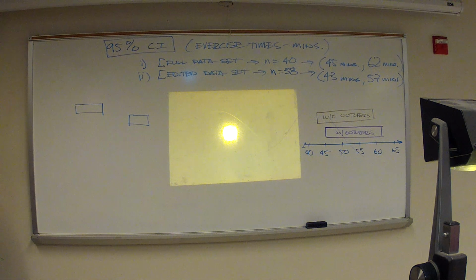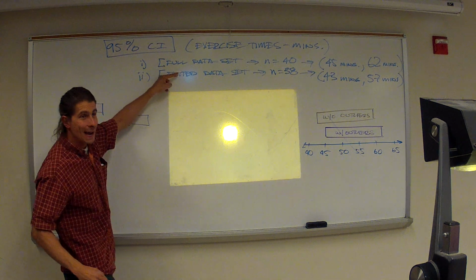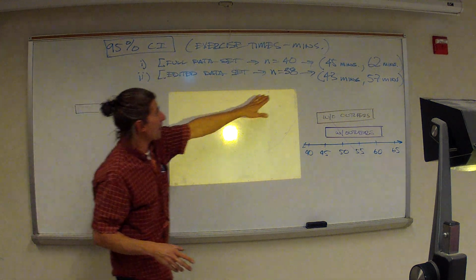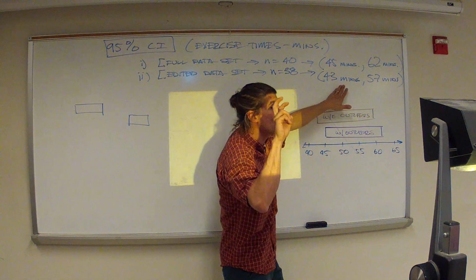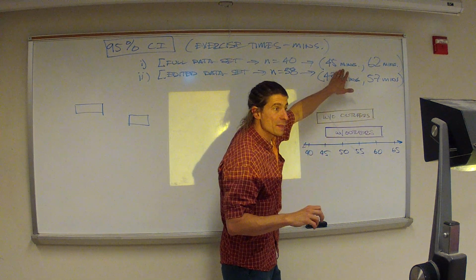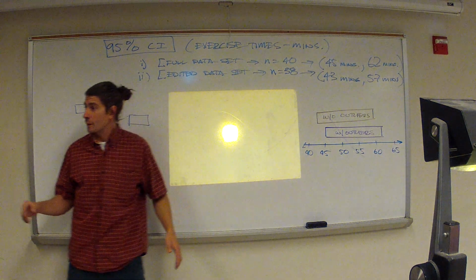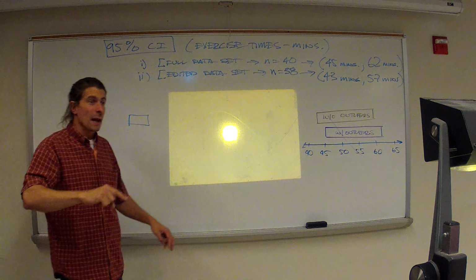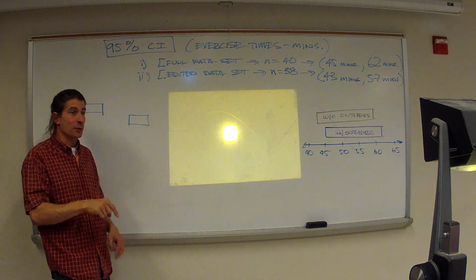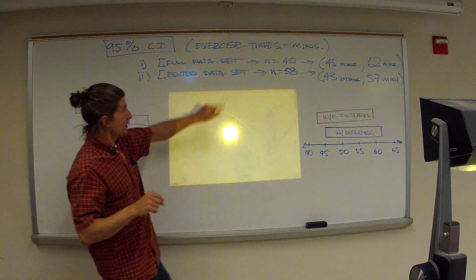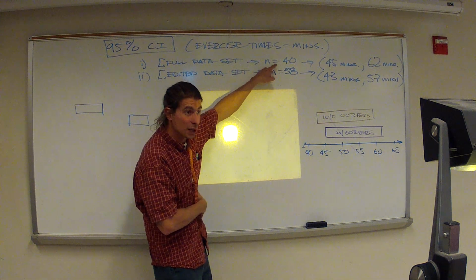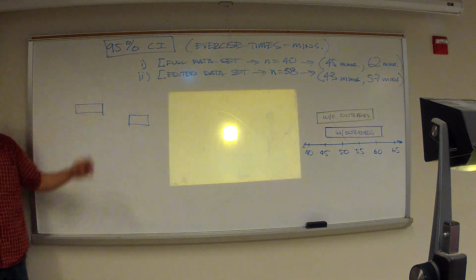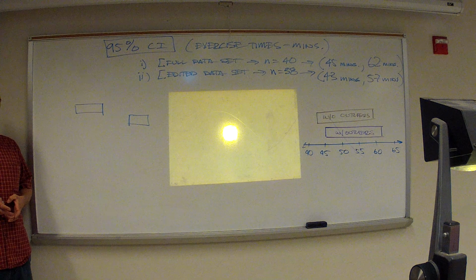And here's the problem. This is what happens. If you look at these two, not from a confidence interval point of view, but simply from a point estimate. For example, X bar in this one is 2 minutes below X bar in this one. So it can be claimed that cardio techs with outliers removed in our sample of size 38 have an average that is 2 minutes less than cardio techs of a sample of size 40 with the outliers included. But no news article will ever publish that kind of a statement because it takes too long to say and you can't tweet it. You have to say